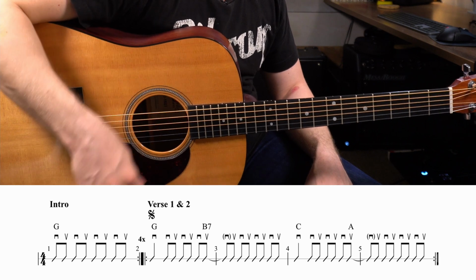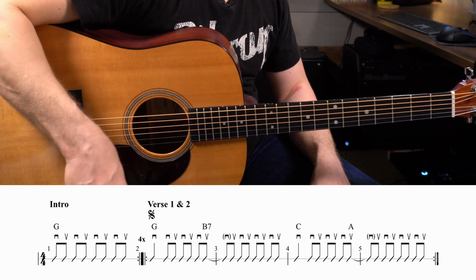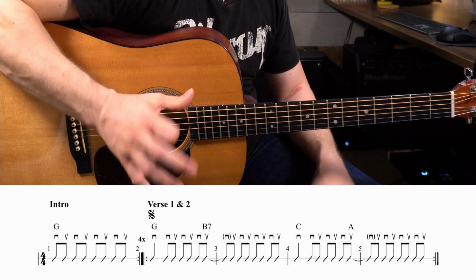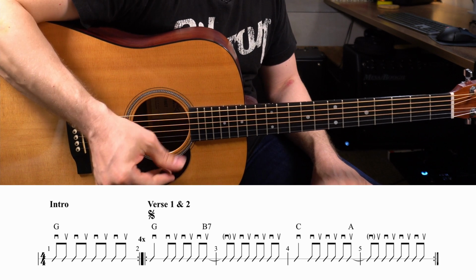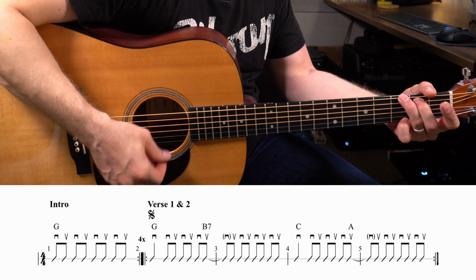It uses that constant strumming technique and just keeps your right hand going no matter what. And you'll see that in the chord chart for this. The strumming pattern has some downstrokes in parentheses that say, hey, you're still performing that downstroke, you're just not digging into the string. So 1, 2, and 3,